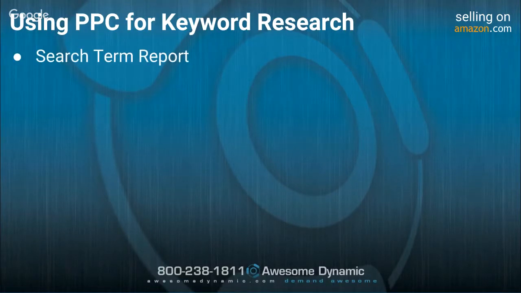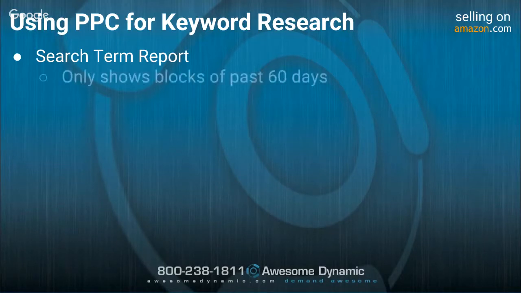for a little while, it's good to run a search term report to start understanding what's going on. We talked about before about gathering that very valuable information. Well, the search term report is where you're going to find it. The way that the search term report works is that it's only going to show blocks of the past 60 days. So when you go to request a report, it's actually going to only show you the last 60 days